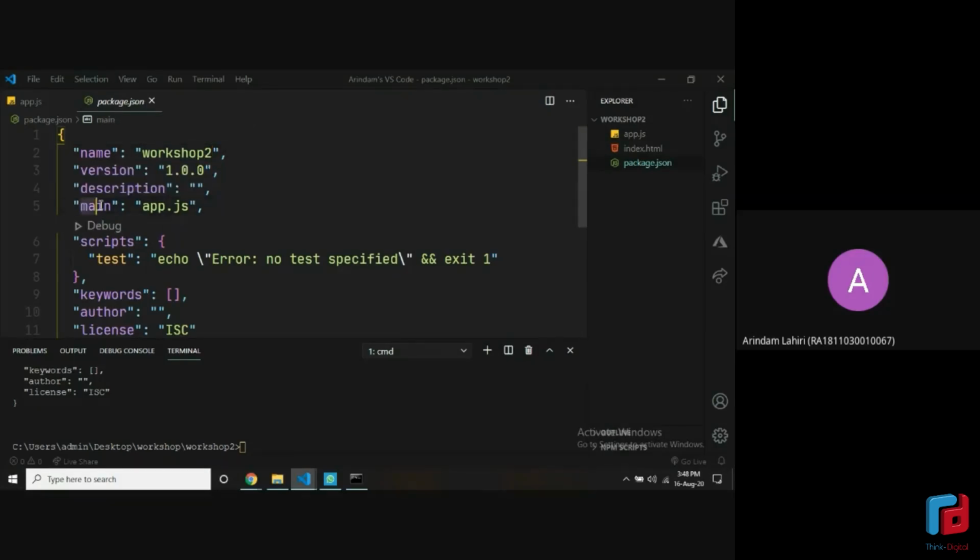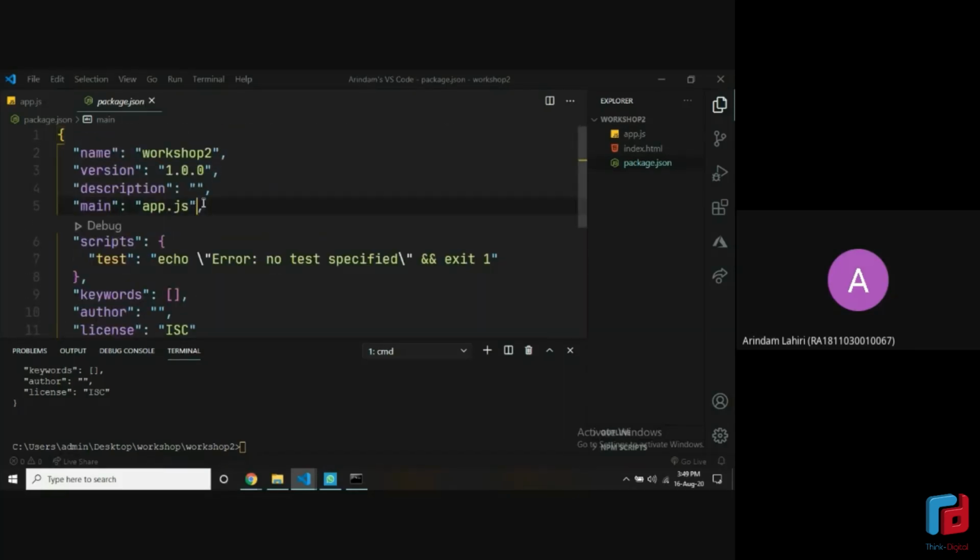All right. Then it's some generic info. One main thing to notice is the main. It says here app.js. Why is it that? Because we already had a file which said app.js there. So it recognized that we already have a JavaScript file, and it made that the main file. If we didn't have any JavaScript file here and we ran this command, it would give it as index.js. And what this helps us to do is, when we are writing node space app to run the file, instead we can only write node, and we'll know that we have to run the app.js file because that's what is provided in the main. That's it for now in this file.